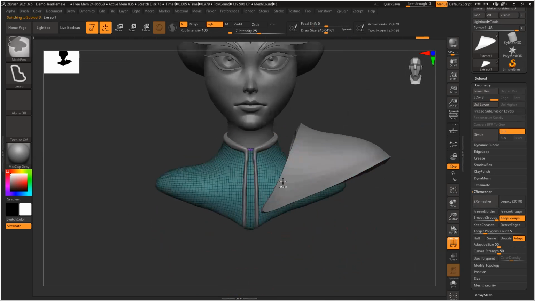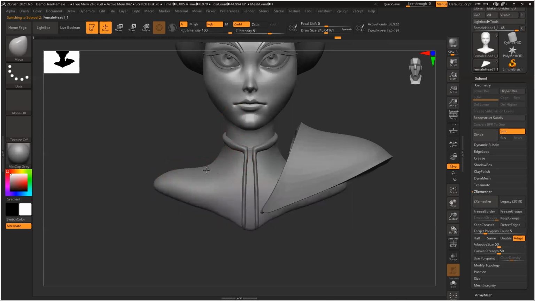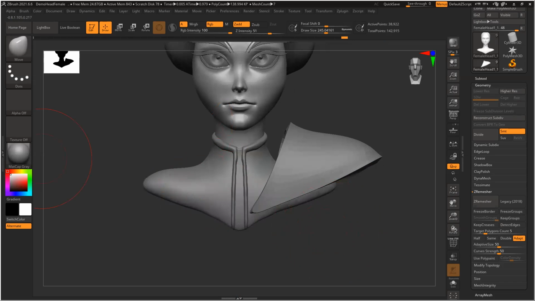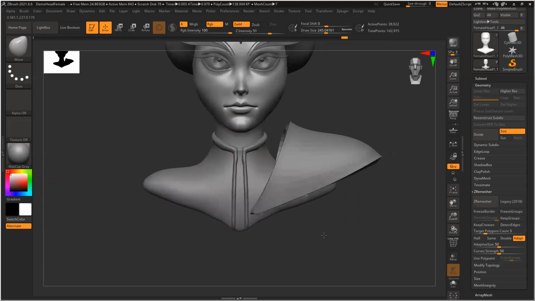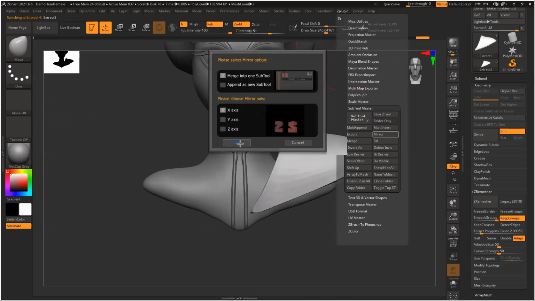And for this also, I feel the shape and neck is slightly elongated. That part is anyways not required. Only this part is visible. Now mirror the model.